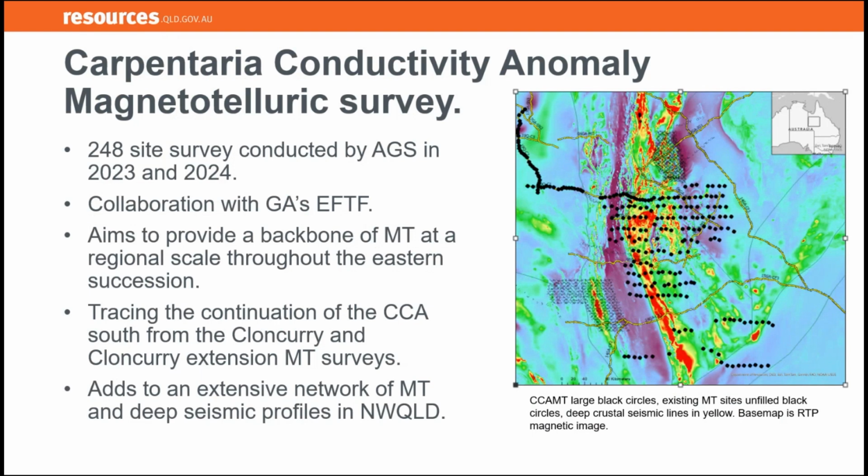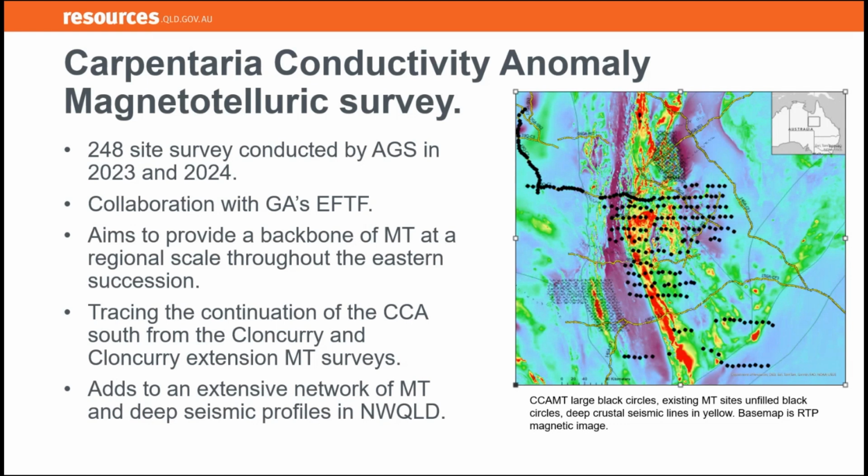Another new data set that we were able to release yesterday was our Carpentaria Conductivity Anomaly MT survey. That was a magnetotelluric survey, 248 sites collected by AGS over 2023 and 2024. It was a very large program, managed both by Janelle at the start and then Don Brown. It was done in collaboration with Geoscience Australia, and there was funding provided through EFTF to enable that survey as well. The aims were really to produce a backbone of MT at a regional scale